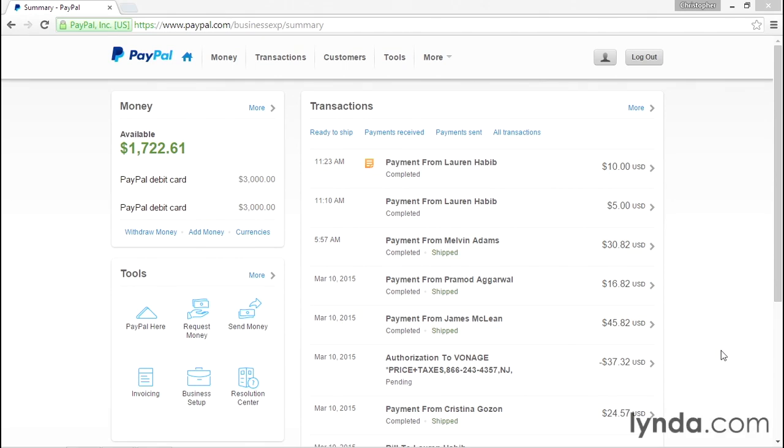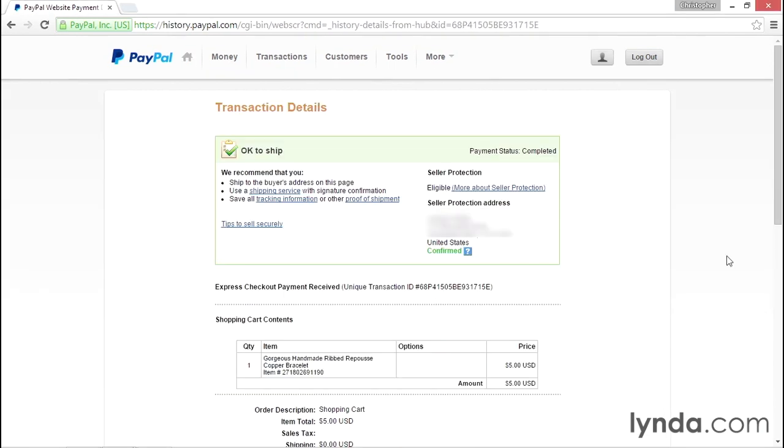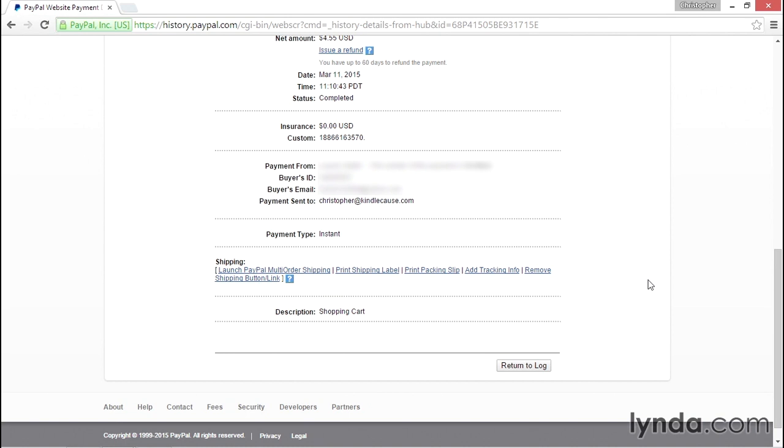Let's go ahead and print a couple of different shipping labels. From your PayPal home screen, select a recent transaction from the list, and you'll see the details for the payment. I'll pick this one right here. At the bottom is a link to launch the PayPal multi-order shipping solution, which I'll explain to you in a